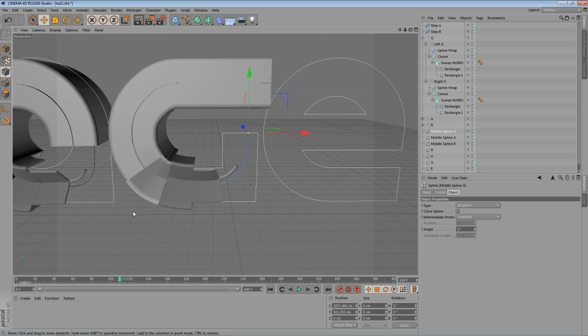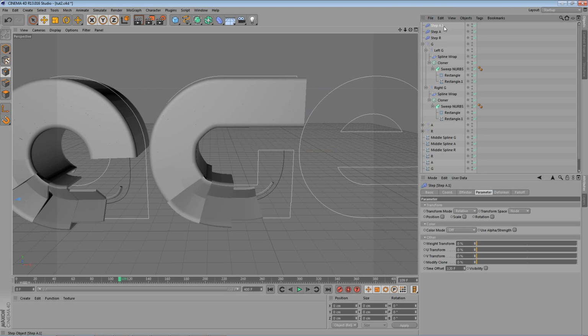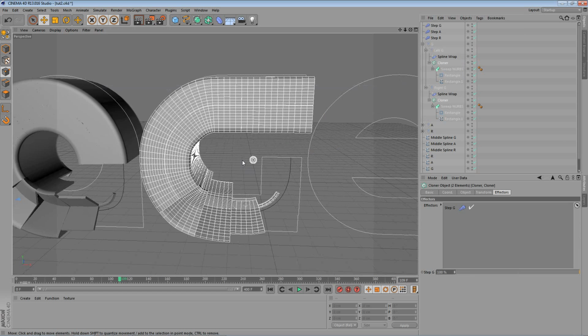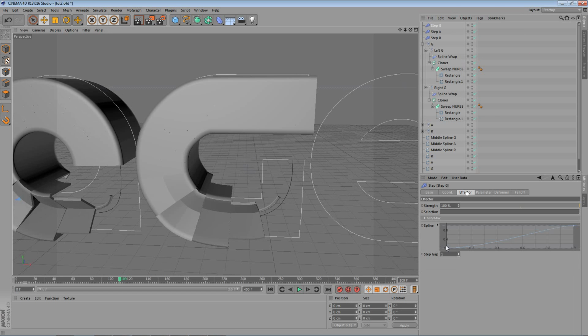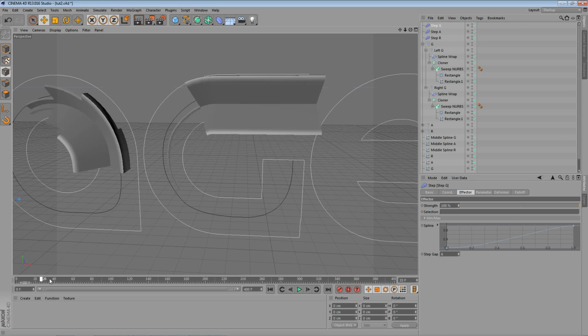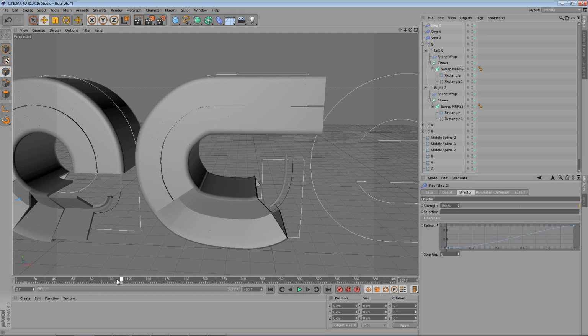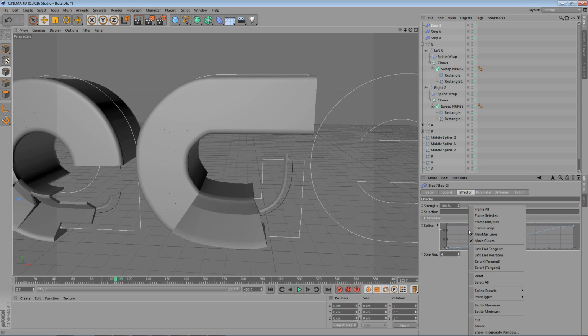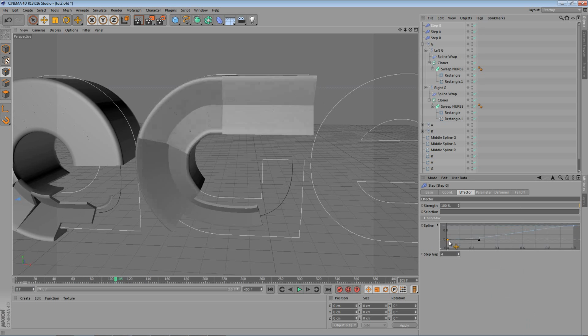Okay, this looks perfect. What we want to do is duplicate the step effector. Let's say this is now the step effector for the G. Select both cloner objects. We delete the A step effector, pull in the G, and we will give it a different step gap again. Maybe this time something really big, like maybe 6 or something. So just 3 parts that are spawning. Maybe not. Maybe 5. Maybe 4. Well, let's do 4,